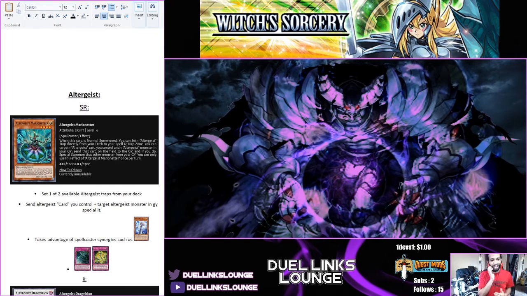So his second effect, you can send an Altergeist card, so that means spell, trap, monster, to the graveyard to special summon an Altergeist monster from your graveyard. So interesting. So this seems like the initiator. He's an instant +1, so he seems like something you can splash into a deck so far. Him being a spellcaster, a light spellcaster at that, you are able to attribute him for cards such as Silent